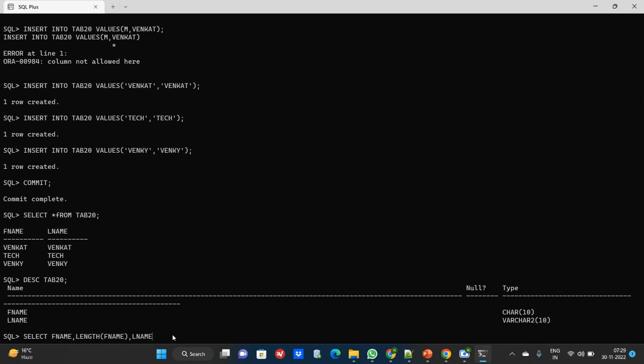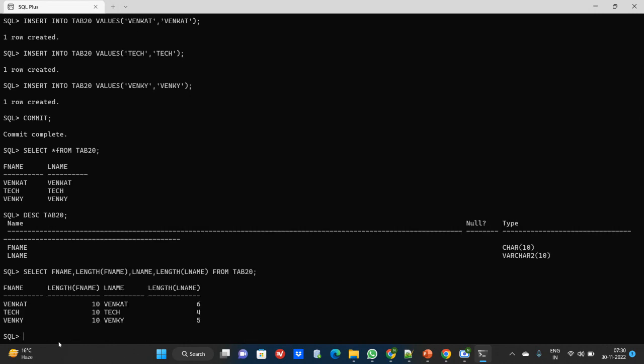See, L name, comma, length of L name from tab 20. If we observe how many bytes we inserted for first name,